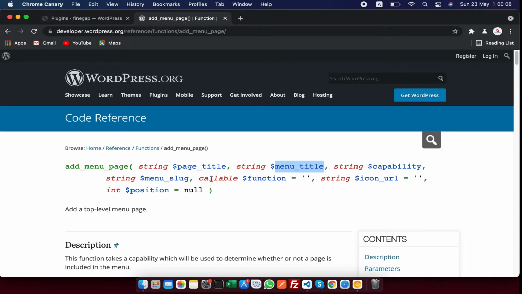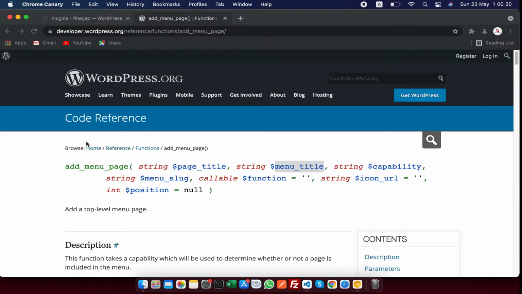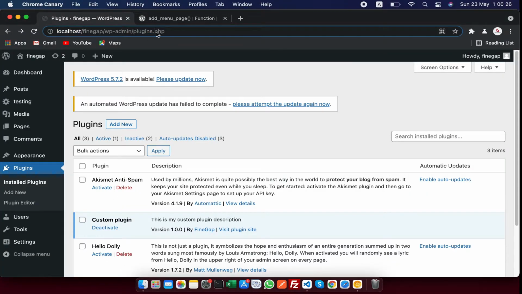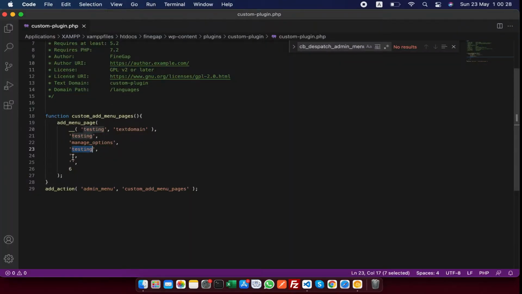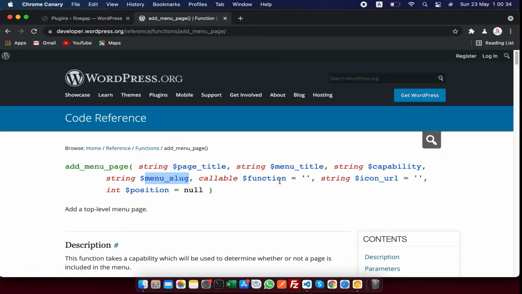Capability. So what is capability? manage_options is used for admin pages. Only admin can see these pages. Menu slug: Testing. The slug will appear there. Callback function. For now it is empty.